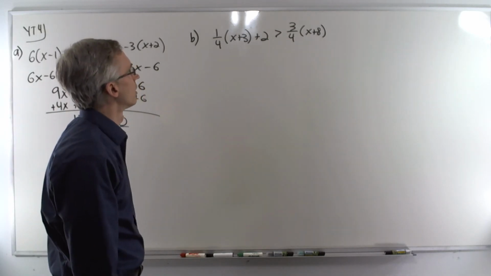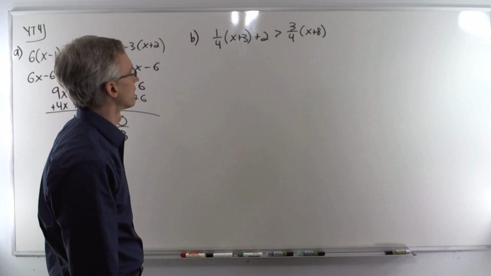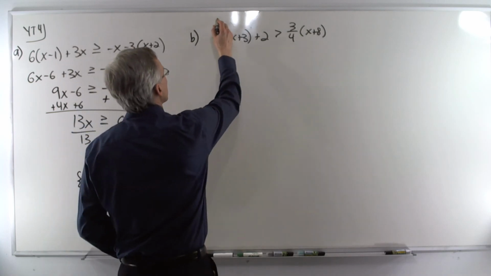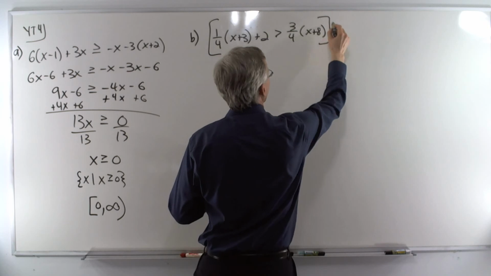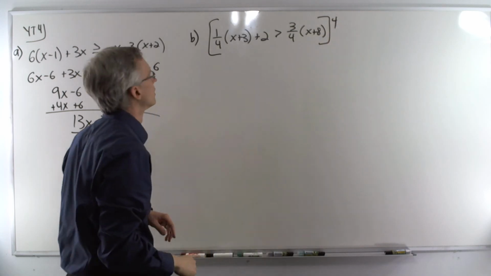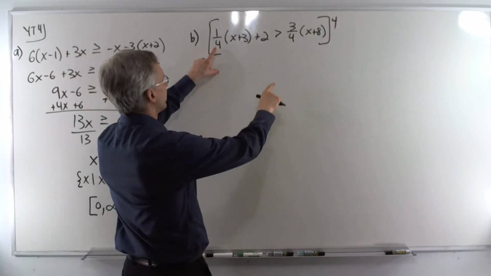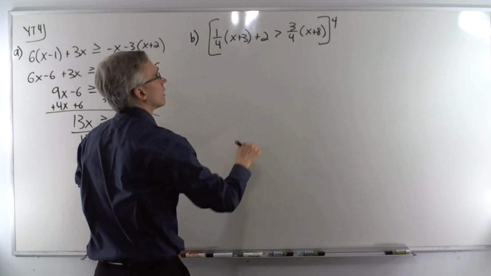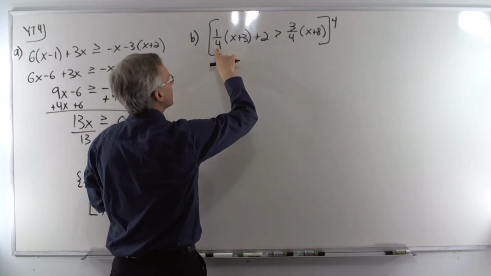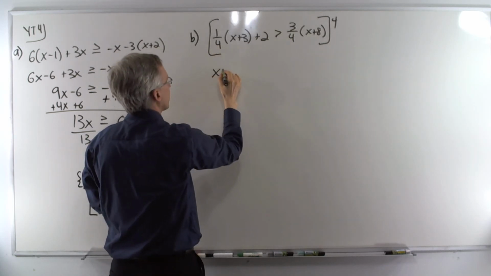So for this one, we've got some fractions in there. I'd like to get rid of those. So I'm going to multiply the entire equation by 4, because the least common multiple of the denominators is 4. All right, so the 4's cancel here. So that leaves us just with x plus 3